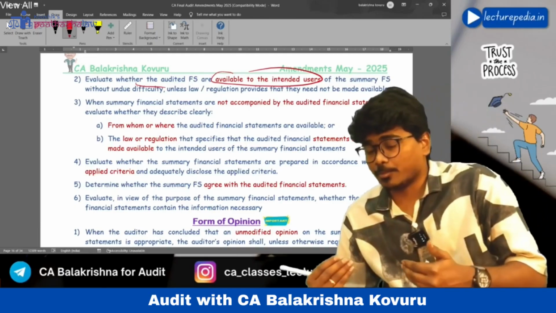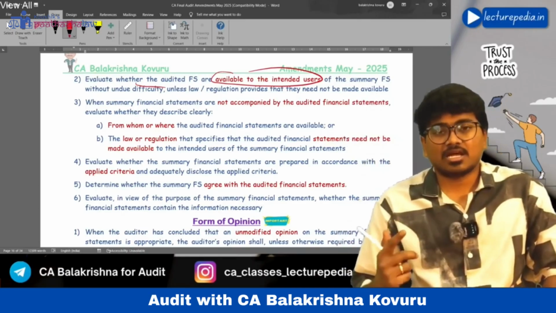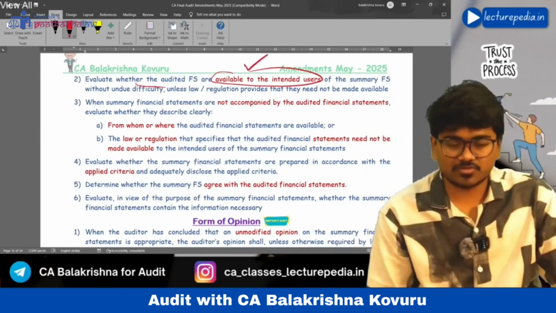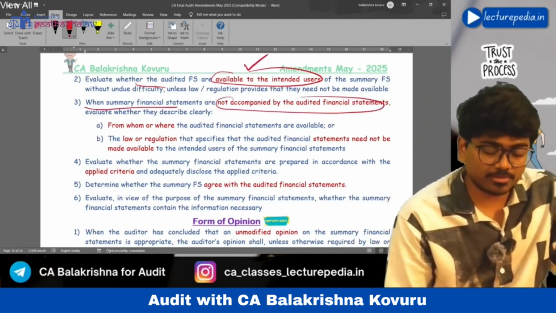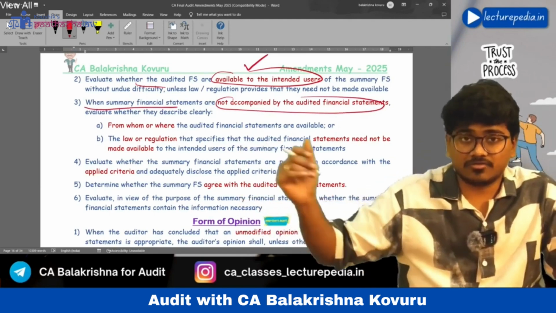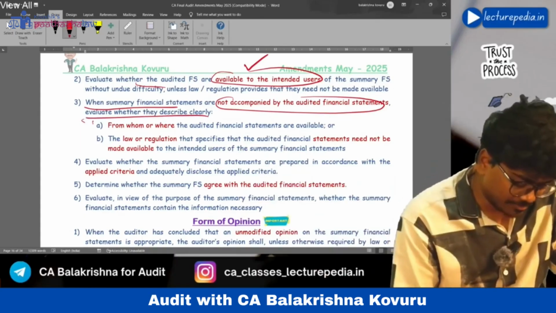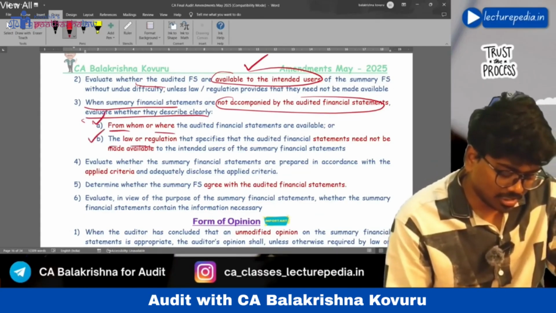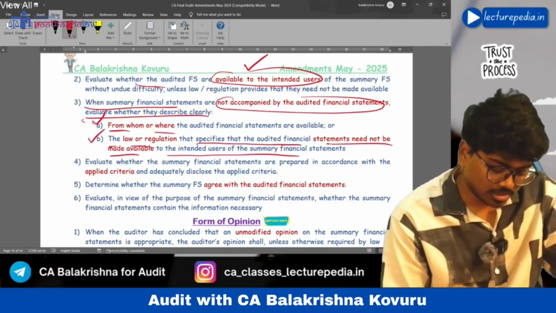If it is not giving the complete set of audited financial statements to the users, at least it should communicate to the users from where they can get the complete set of audited financial statements. The auditor has to check whether this facility is available or not. When summary financial statements are not accompanied by the audited financial statements, evaluate whether they describe clearly from whom or where the audited financial statements can be obtained. Next, the law or regulation may specify that the audited financial statements need not be made available to the intended users.